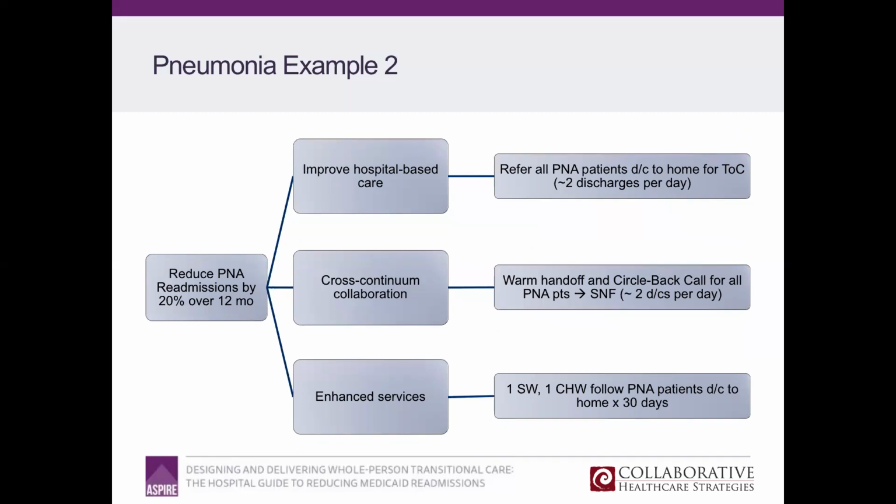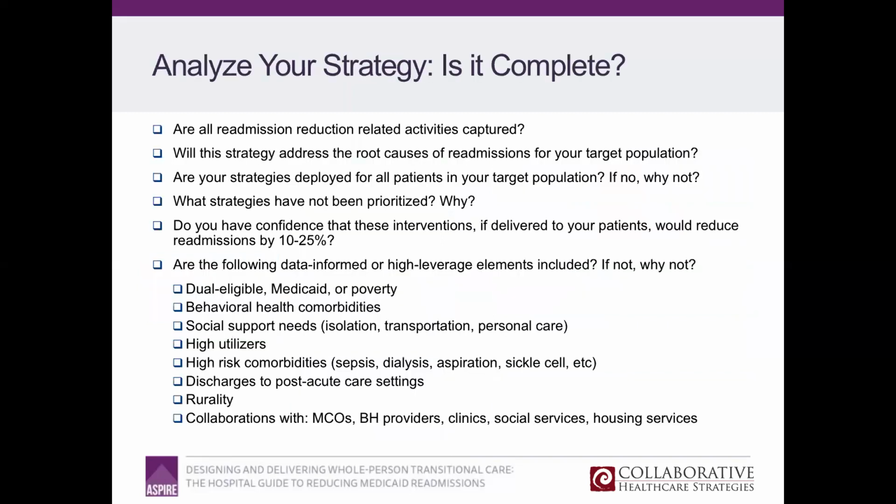So just because I say a multifaceted portfolio of strategies, I would be remiss if I implied that that means you have to be doing 20 things. You can be doing 3 things and doing them well and doing them for all of your patients on a consistent and reliable basis. So slide 24. Once you articulate your own driver diagram so that you and your team can see on paper what we are doing to reduce pneumonia readmissions, then you can use that exact same driver diagram as a little bit of a gap analysis and as a tool to stimulate improvement in and of itself.